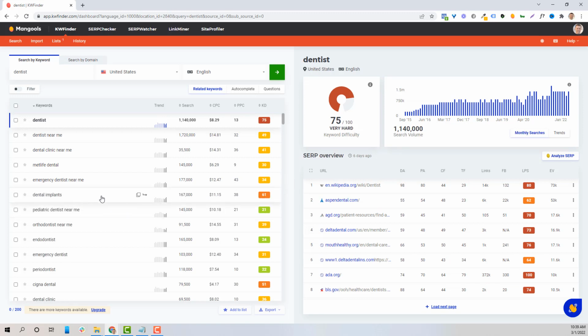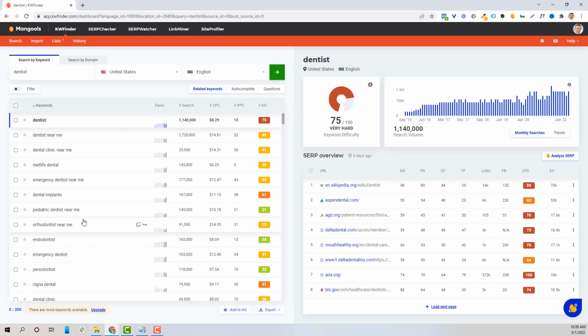Now, dental implants is super high value, so there are going to be more people advertising for this. But what you'll find is there are fewer searches, and quite frankly, the PPC difficulty is going to go up a little bit, but that's because it's high revenue. So for me, I'm going to get my clients looking for things like emergency dentist or orthodontist or pediatric dentist, high revenue, high intent keywords,